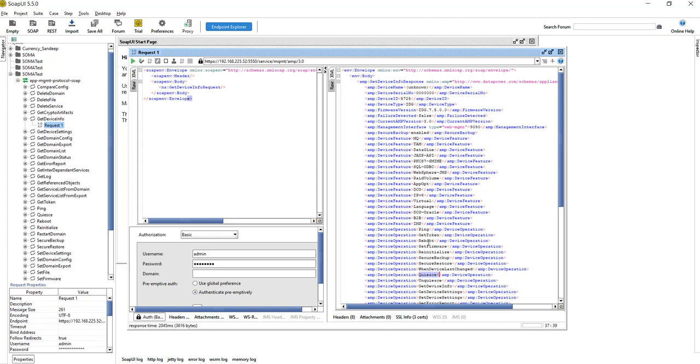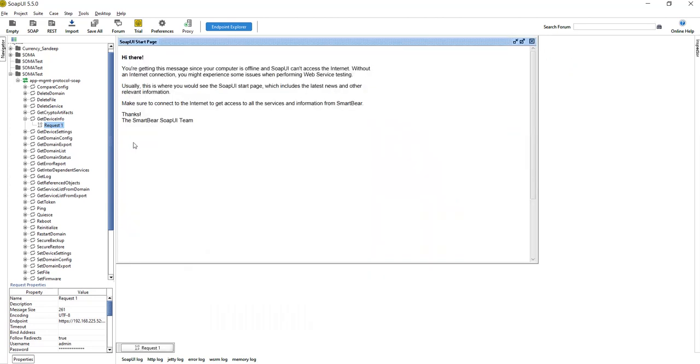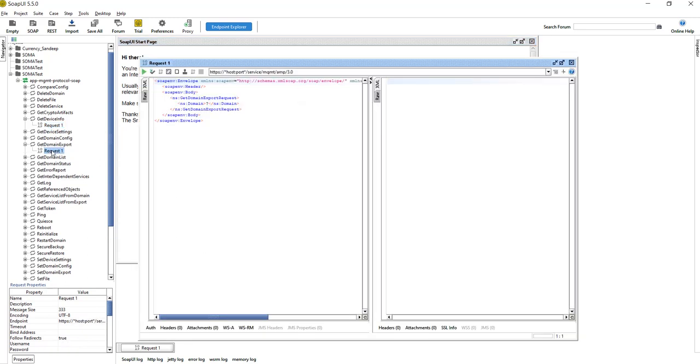Here you can see all the features. So to check the other operations, let me copy this one, because in every operation we need to pass the URL. Okay. Now I'll show, like, get domain export. If you want to export a domain, we'll go here.